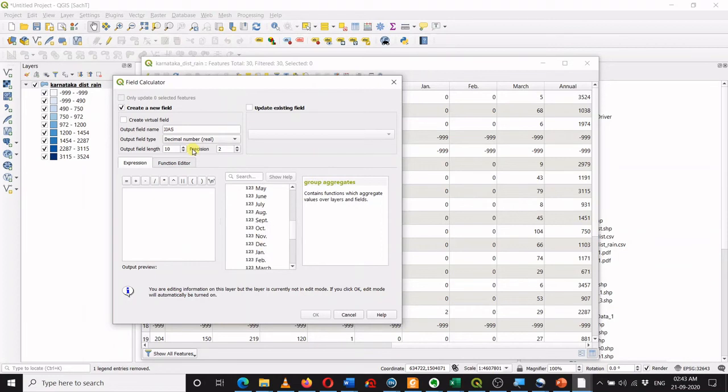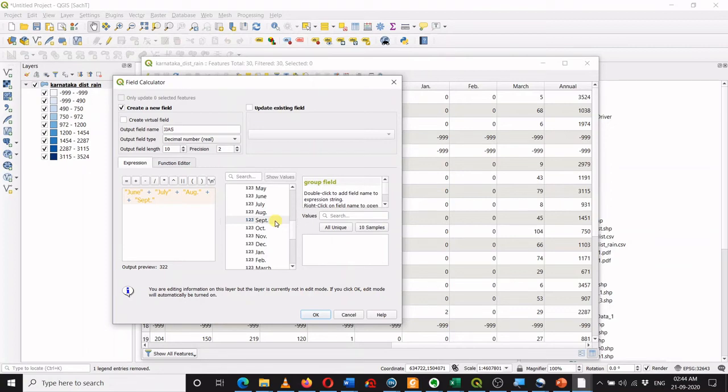I want to define this JJAS, the rainfall which occurred in June, July, August, September, which is nothing but the summation of the rainfall in June, July, August and September. So I will add it: June plus July plus August plus September. Okay, then I will click OK.